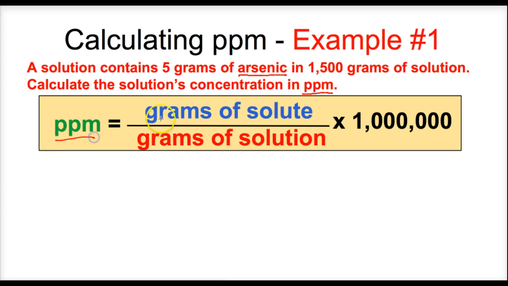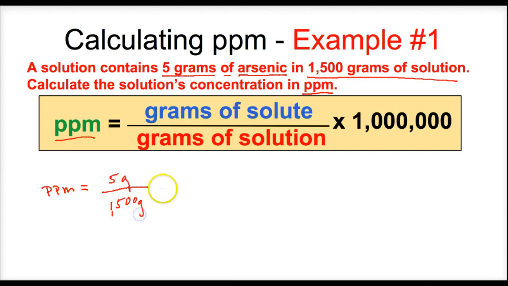So to get the parts per million, we take the grams of solute divided by the grams of solution times 1,000,000. So to get the parts per million here, we're going to take the grams of solute. It says there's 5 grams of arsenic in this solution here. So we have 5 grams. And we're going to divide this by the grams of solution. It says there's 1,500 grams of solution right here. And last but not least, we're going to multiply this by 1,000,000. And when we put this in our calculator, we will get